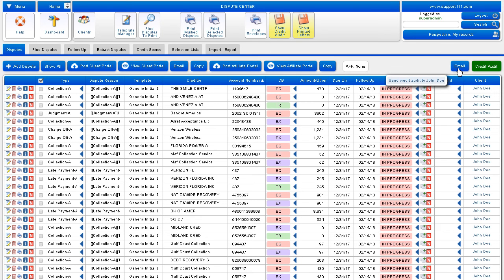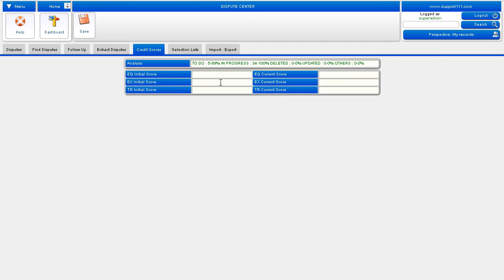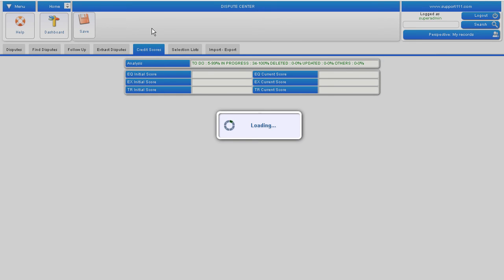email to the client. By the way, if you enter the credit scores here, okay, because they are not in the same page as of the derogatory, so you need to enter them manually. So if you enter the credit scores here, they're going to show up in the portals, and also inside the credit audits. So pretty much, you put it here, save it, etc. Okay, so now